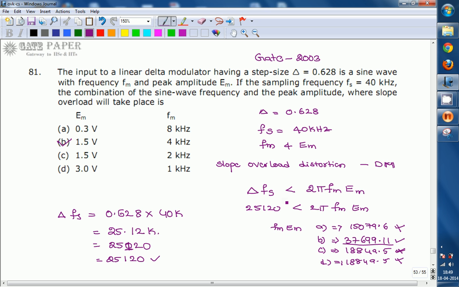To produce slope overload distortion we have to satisfy the condition delta fs less than 2 pi fm into Em. We found the delta fs value and fm Em for all the options. Only for option B is the delta fs value less than 2 pi fm into Em. That's why if Em equals 1.5 volts and fm equals 4 kilohertz, then slope overload distortion occurs for the step size 0.628 and the sampling frequency 40 kilohertz. The correct option is 1.5 volts and